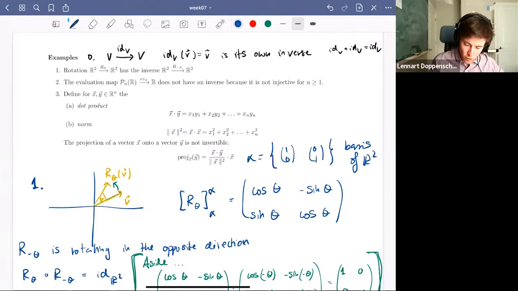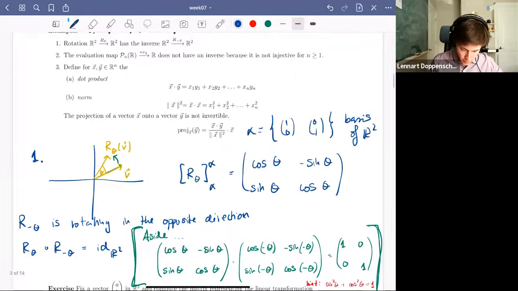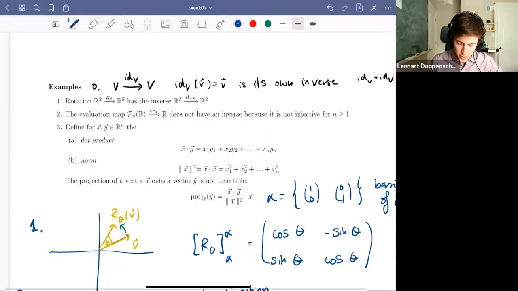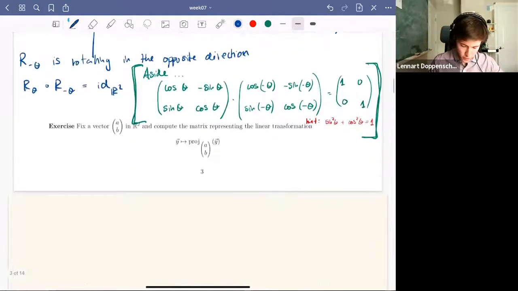So there's two more examples. Let's look at the second example. The second example here is the evaluation map of a polynomial evaluating at the point 4. So why can't this have an inverse? Well, it's not injective. So we saw last time